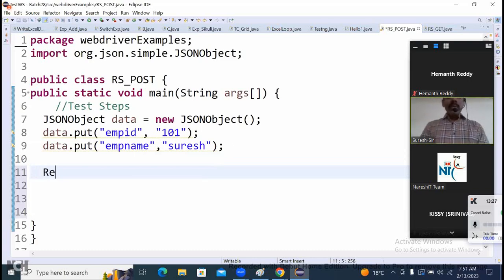Further, you will be taking the response. We need to take that response only. Further, we are using a statement. What is it? Rest Assured. While working with Rest Assured or any API, while working with the POST method,